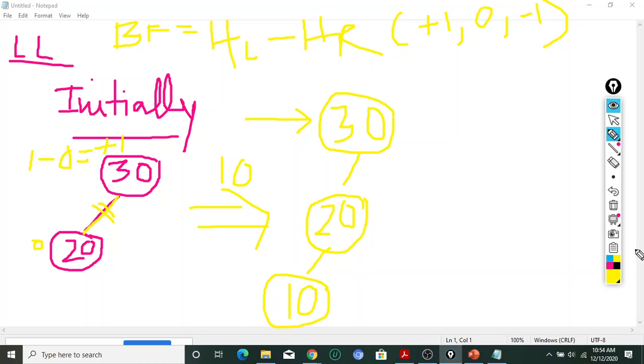So now every time we perform any insertion or any deletion, we will update the balance factor. We have seen on the left-hand side that initially the balance factor of the root node 30 is +1, and that of 20 is 0. So the balance factor is okay. But if I check this one, what is the balance factor? This one is 0, this is +1. Is it understood? This is +2. Is it understood by everyone?